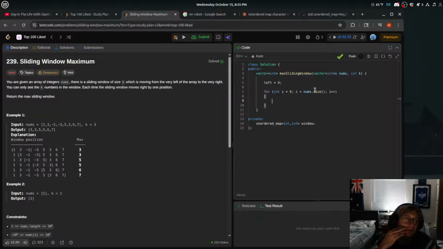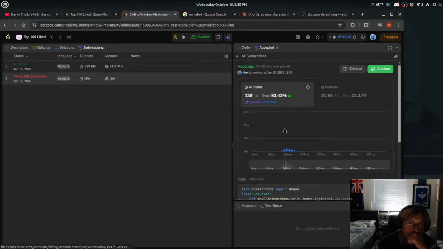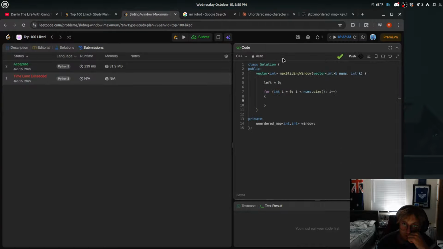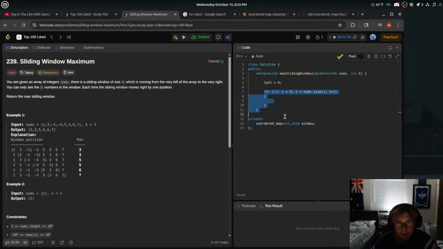Well, I'm trying to think here, because we actually have to store the maximum in the window. I don't remember how I did it, dude. I'm pretty sure I used a hash map from memory. Okay, this is an interesting way to do it. I used a queue here, dude. What? Okay, so that's a terrible solution, but I actually want to do a window here. I'm trying to think how we keep track of the window. I think the best way to do it is probably the hash map, but